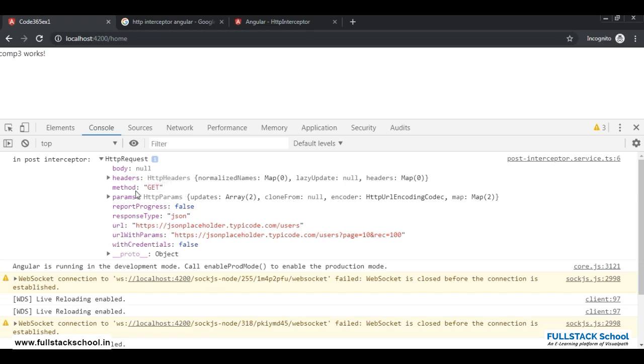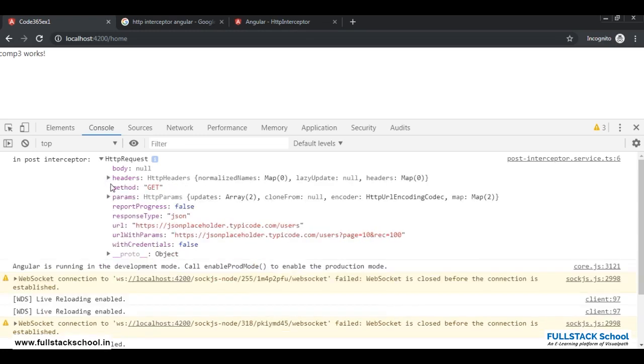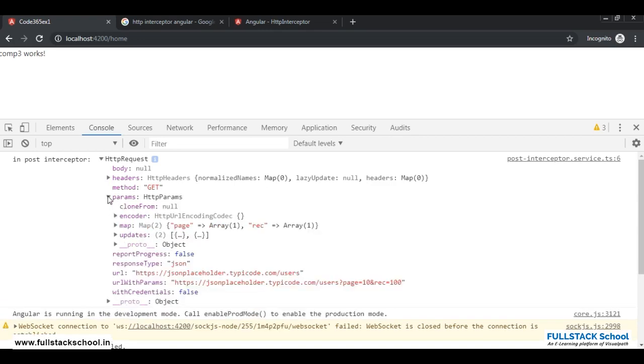Basically we are not passing a post request, and so the body is null, and the headers and the parameters, the method is get, and the params we have used page and some details we have given,